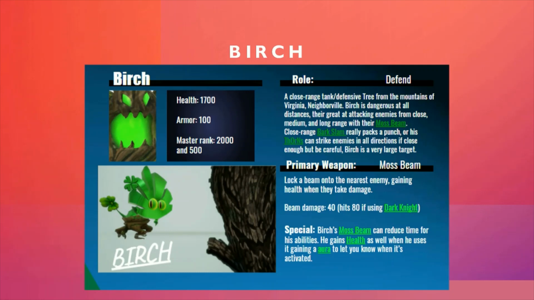They're great at attacking enemies from close, medium and long range with their moss beam. Close range, bark slam really packs a punch, or his thorns can strike enemies in all directions if close enough, but be careful, Birch is a very large target. So every single character has 5 abilities instead of 3,